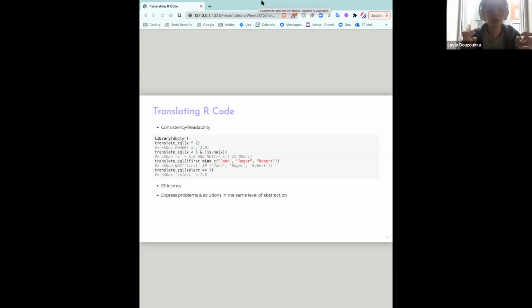translated code, so I'm about to get into it in a second, but like the domain-specific language, you're basically creating an API that lets you generate SQL or LaTeX or HTML when you need it, but doesn't really clutter the namespace like Hadley mentioned in the book. So it makes it more efficient. And then also it lets you express problems and solutions in the same level of abstraction. So you're writing R and you need to do some SQL queries, or you need to do some HTML. So you're going to do